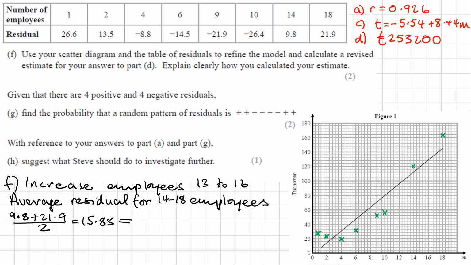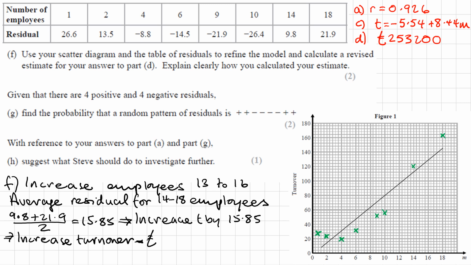So this is telling us that we want to increase T by 15.85, which means increasing the turnover by that number times 10,000. So we want to increase the turnover by 158,500. So if we now add that to the 253,200 figure,